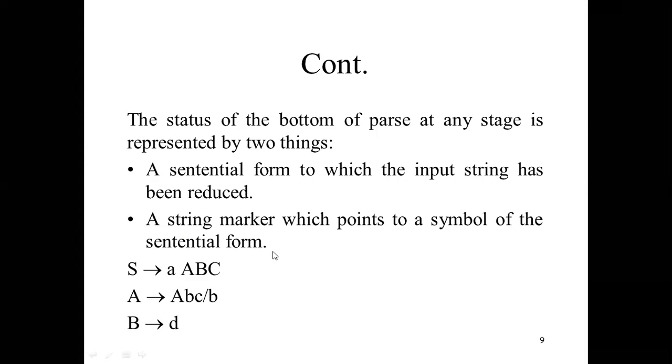Here again we will use an SSM, the source string marker. We will start from a given expression, and after replacing or reducing we will achieve a single character. Finally we will achieve such a capital character, whatever is mentioned in the grammar. So this is one of the examples. These are all called sentential forms.